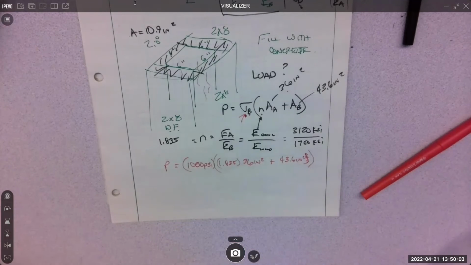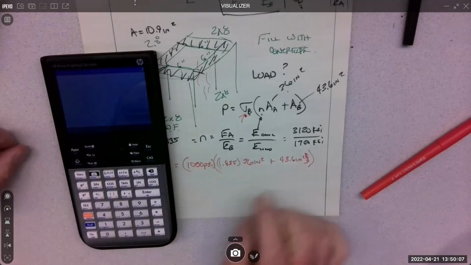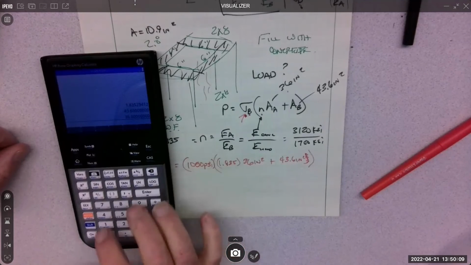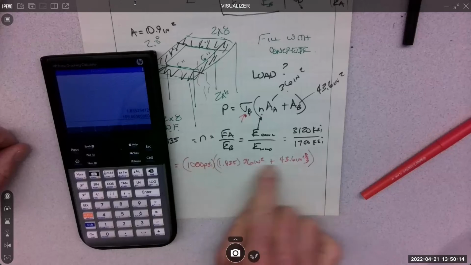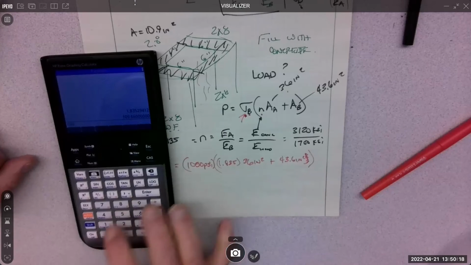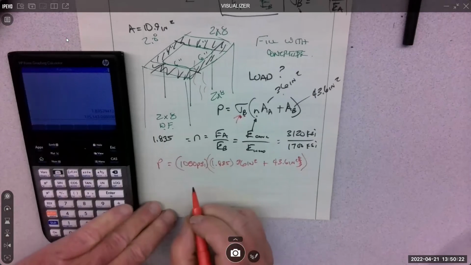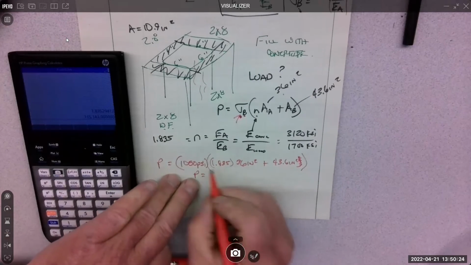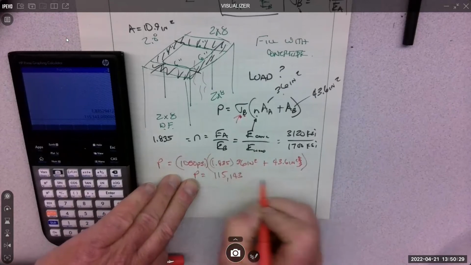That makes sense? Pretty straightforward. So 36 plus this inside number is 109.66 times 1,050. The load this thing could hold is 115,143